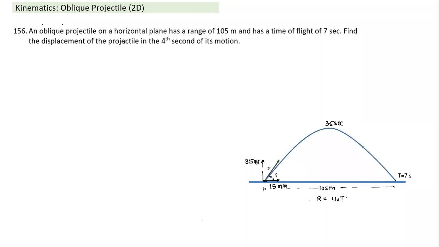And since I have to find displacement, if I use a long method, what I'm explaining right now is a longer method. First, based on the information given, we find out ux. When we find uy, I can find the x coordinate, the position at t equal to... what does the 4th second of motion mean? Motion from t equal to 3 seconds to t equal to 4 seconds. So we can calculate the x coordinate at t equal to 3 seconds, which will be 45 meter, and the x coordinate at t equal to 4 seconds, which will be 60 meter. And we can also calculate y coordinates, and we can calculate displacement.